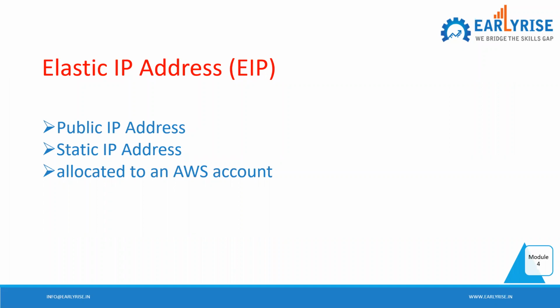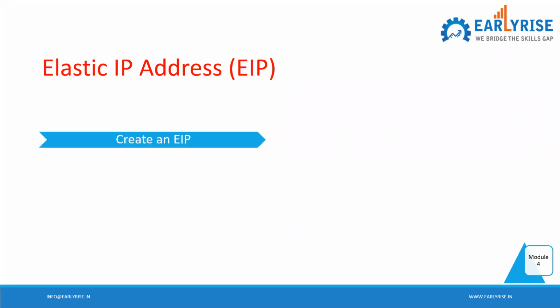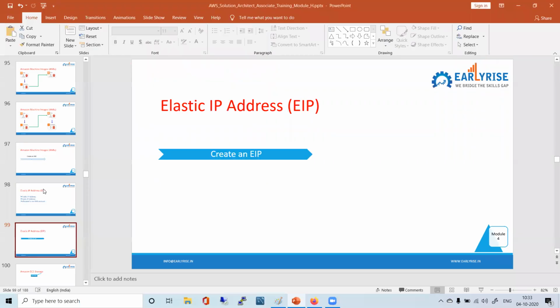You will just get one free for your account. If you want additional ones, you have to pay for it. If you just get it and then if you don't use it, that means you are just wasting a resource. So for that reason, they are charging you. But as you said initially, that is the main reason, because anyways they are charging you for the EC2 instance. So if you are running it, you are getting charged for it. So for EIP, they are giving you only one free. Okay, now let's go and create one and see how it works.